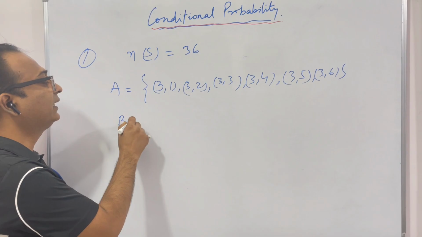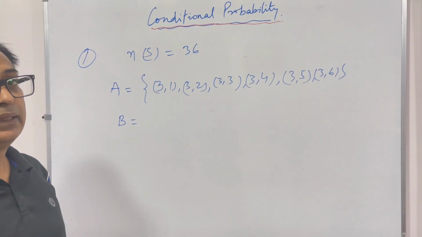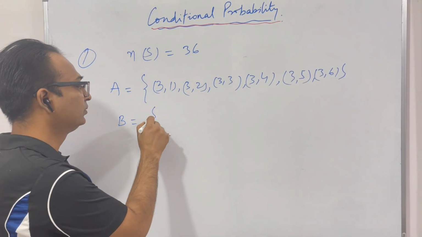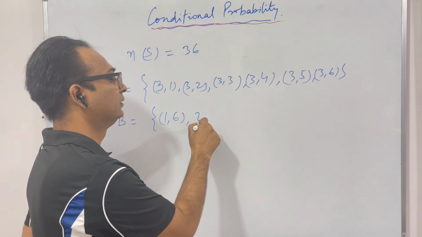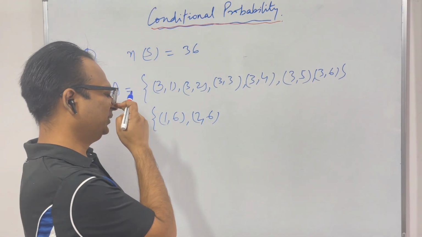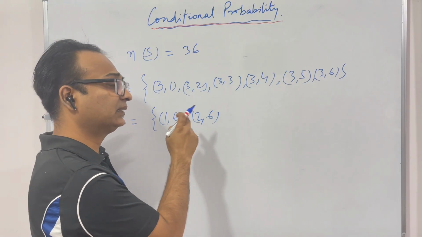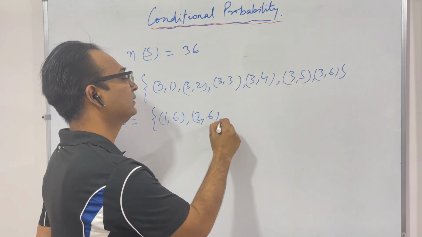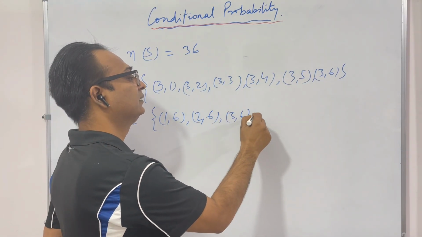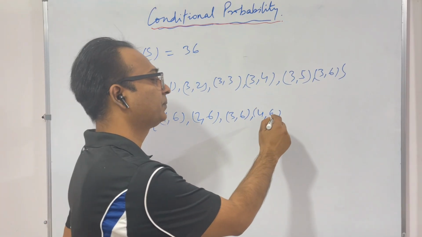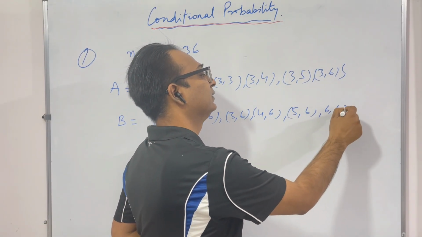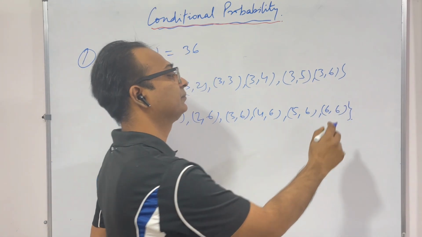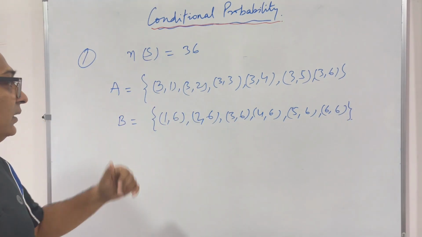And the event of getting 6 in the second throw. What will it be? (1,6). That is, we have 1 in the first throw and 6 in the second throw. (2,6), (3,6), (4,6), (5,6) and (6,6). So these are the two events. Now what we do,